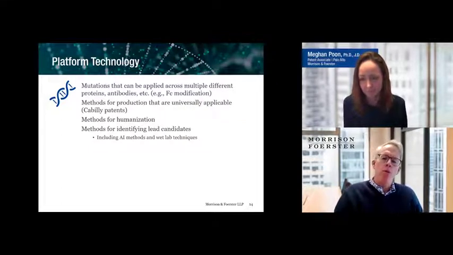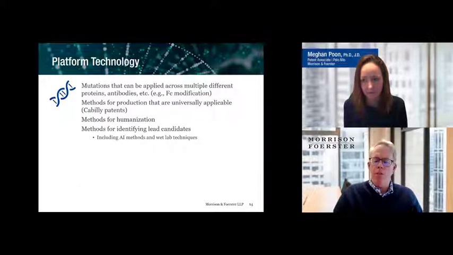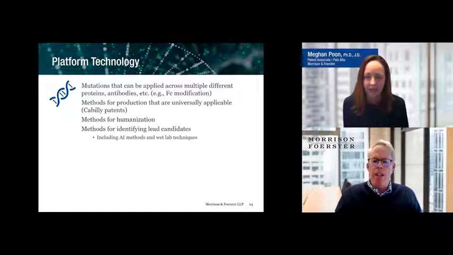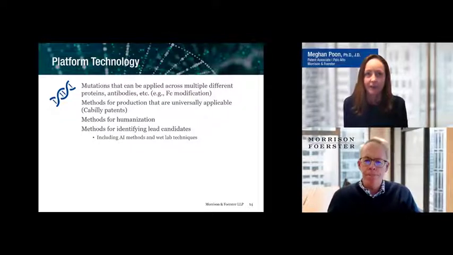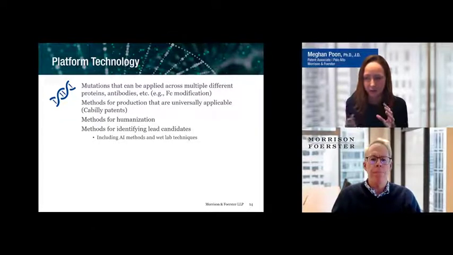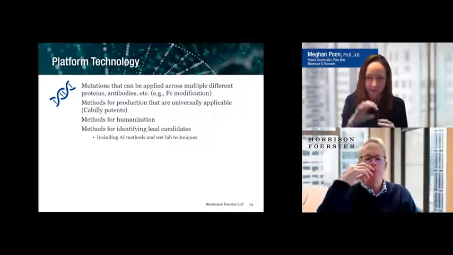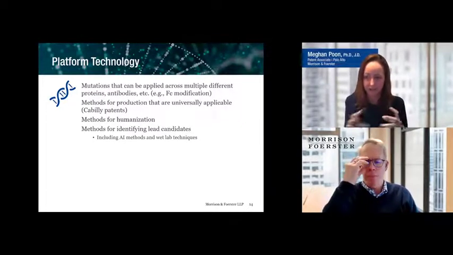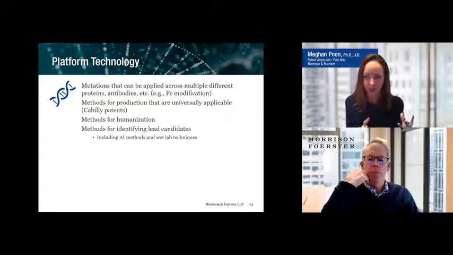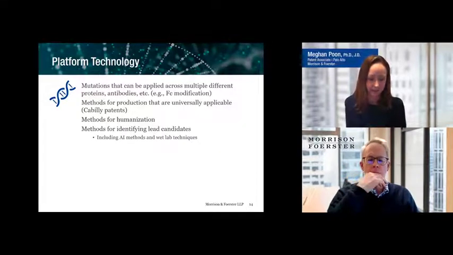So what about mutations to very particular sequences? The question is, if this person created a CDR with a single mutation, will that still be covered? How about 10, 100? How do you get coverage for the mutations? I think there's two questions here, possibly. One is whether your CDR claims cover an antibody with a mutation, and the second is what scope of claims you can get.